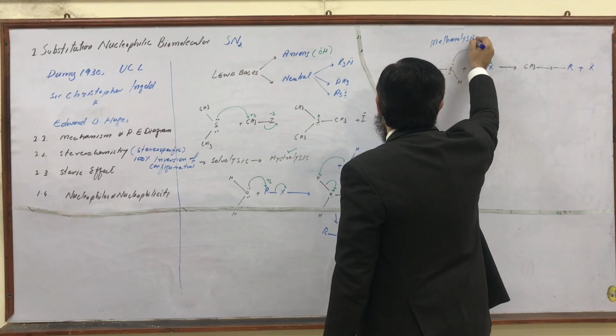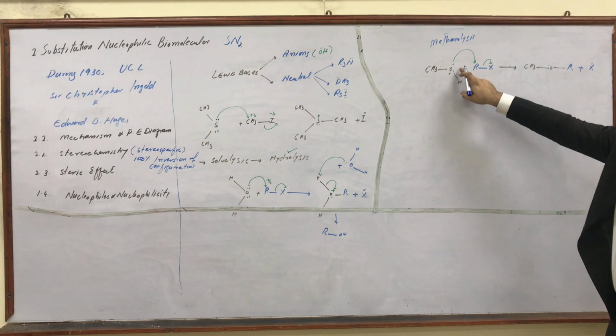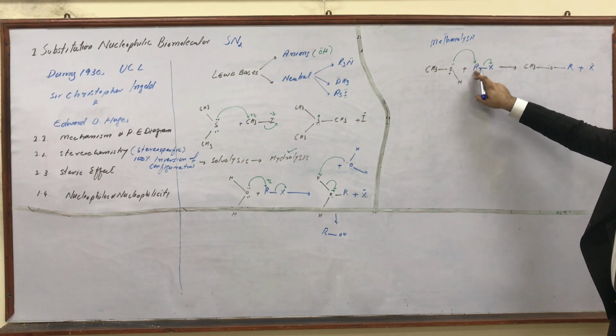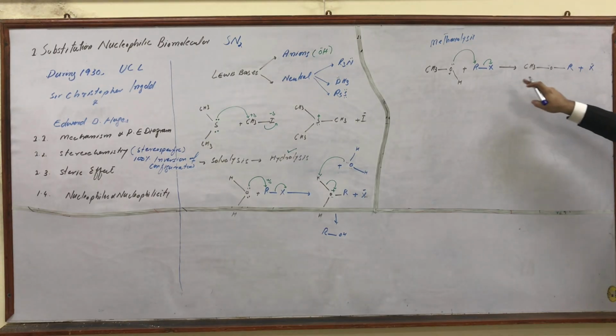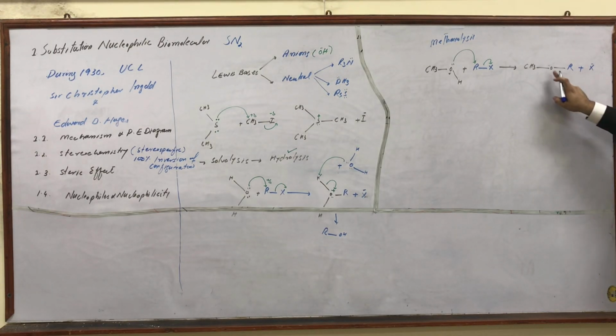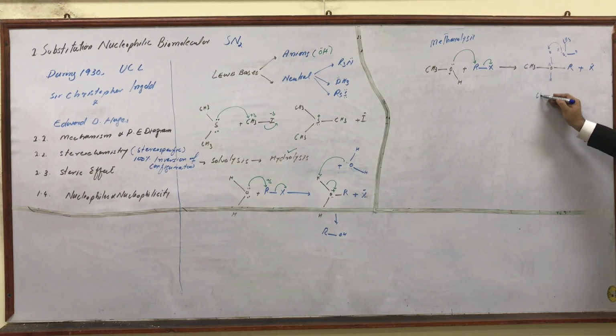So oxygen, just like in water, can attack on this partial positive alkyl group, this bond will be heterolytically cleaved and halogen will be removed as a leaving group. There will be a positive charge on this oxygen. So another molecule of methanol in the media will abstract this hydrogen and we shall obtain